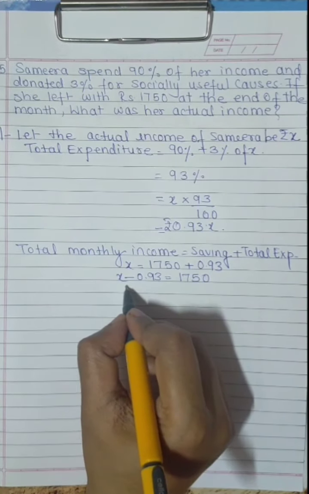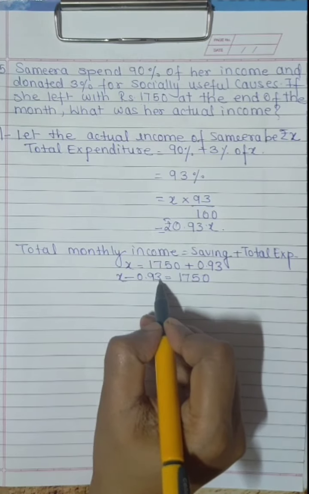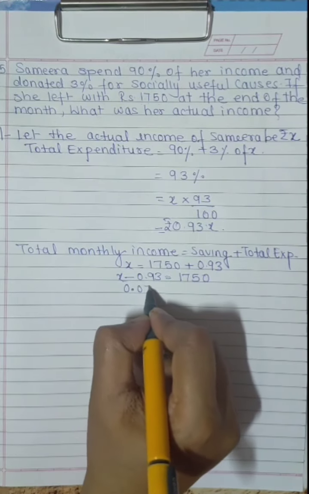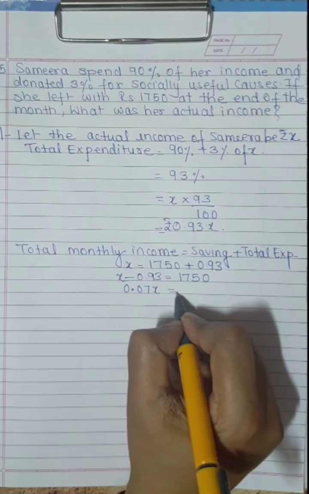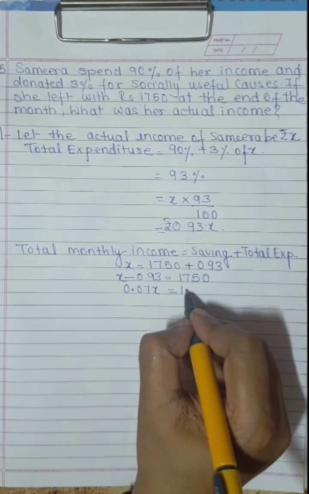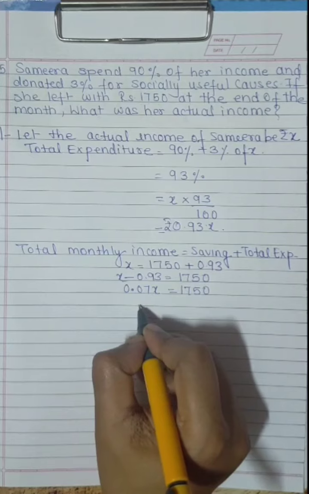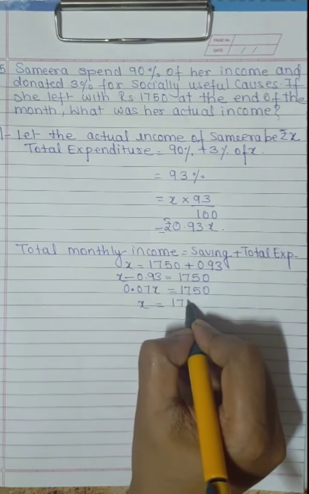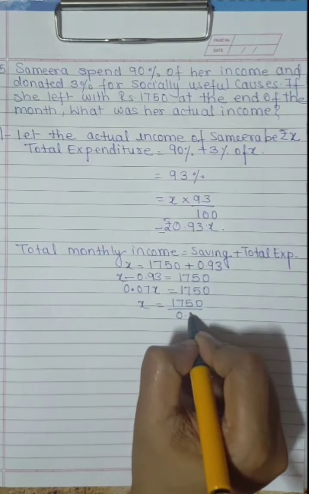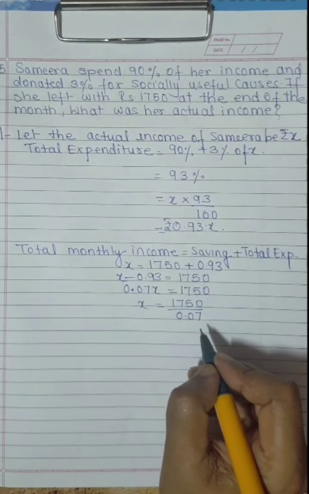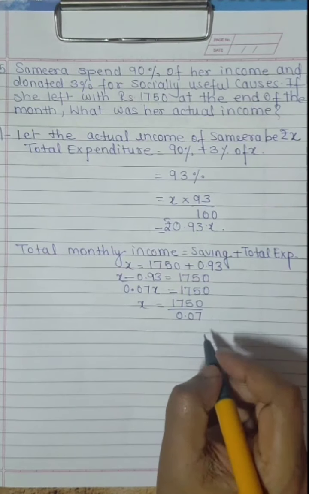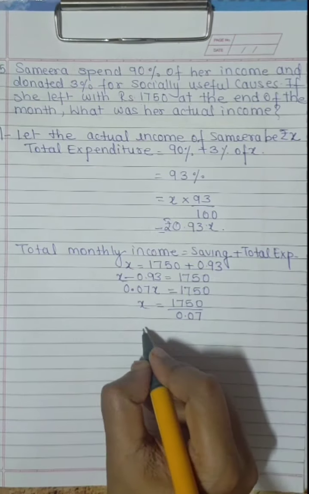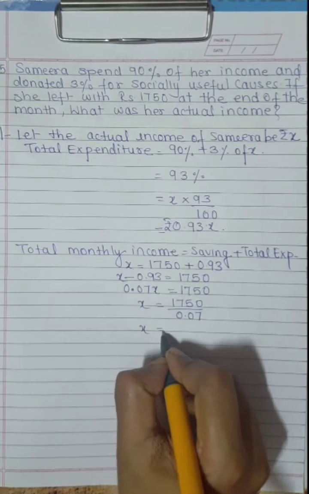Now when we subtract 0.93 from 1, we get 0.07. So 0.07 X equals 1750. Now X is equal to 1750 upon 0.07. Now we have to multiply both sides by 100. So what will we get? X is equal to